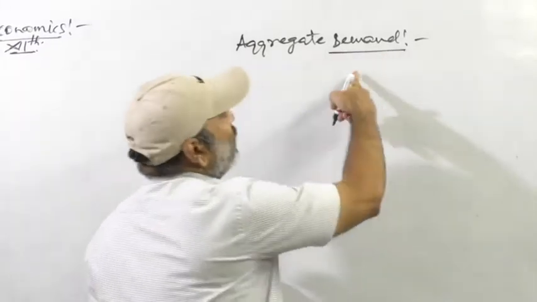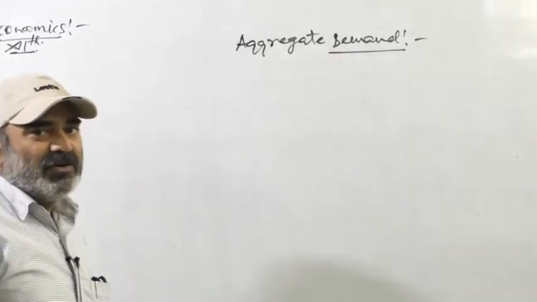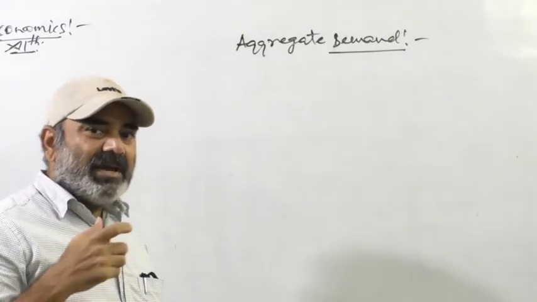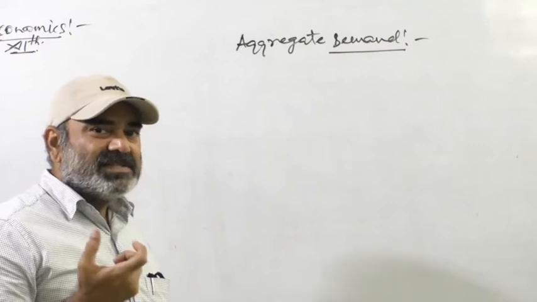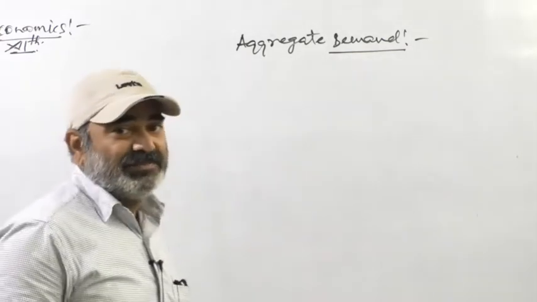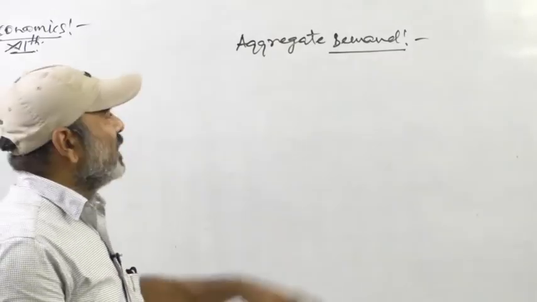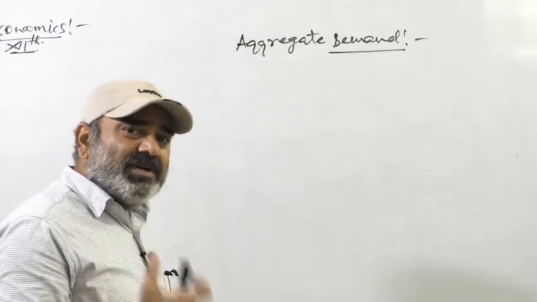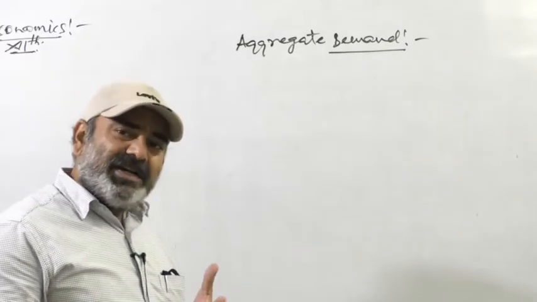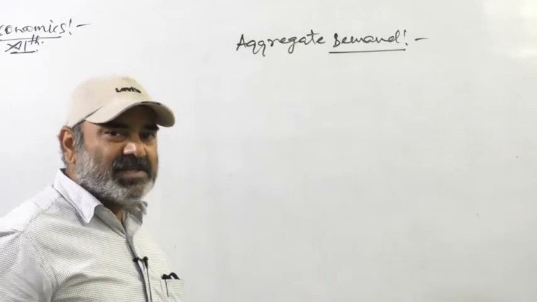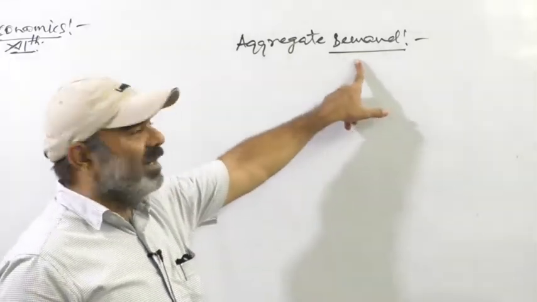आपने माइक्रो इकोनॉमिक्स में डिमांड पढ़ा था। Desire to purchase a certain commodity supported by an ability to pay and at the same time willingness to spend money, that is demand. और इकोनॉमिक सेंस में आपने क्या पढ़ा था? Demand refers to different quantities of a commodity which an individual consumer is willing to purchase at different price levels, that is known as demand.